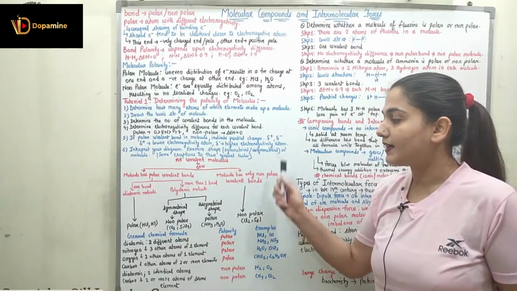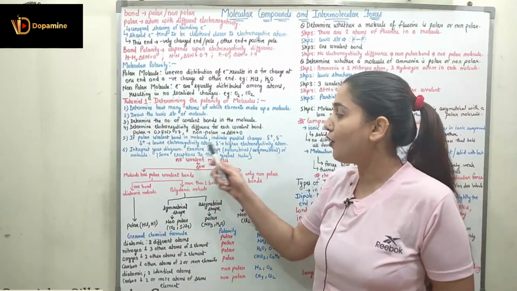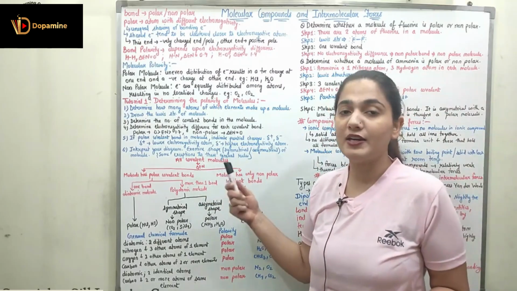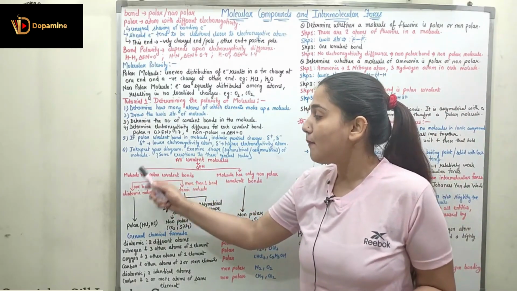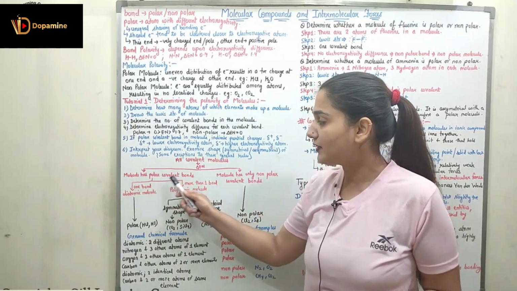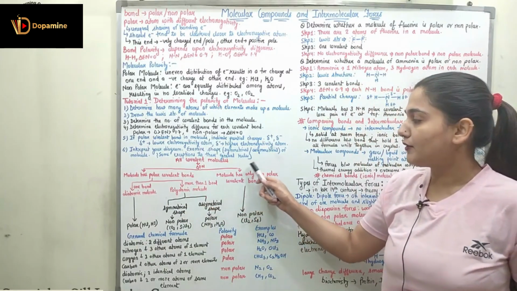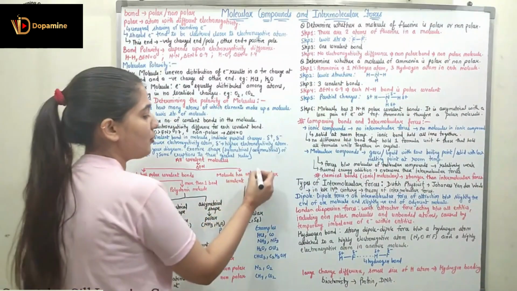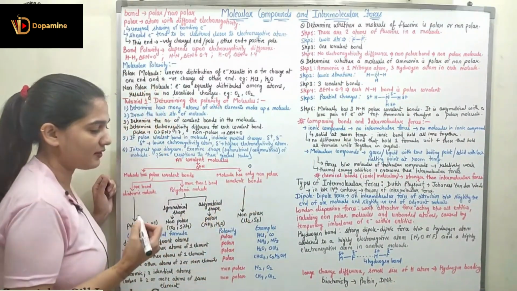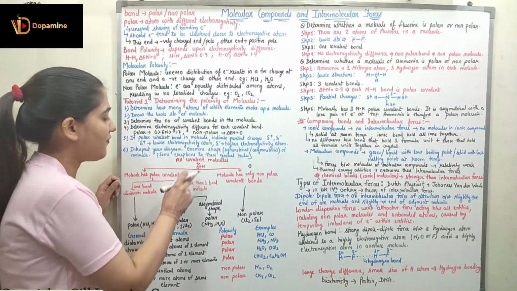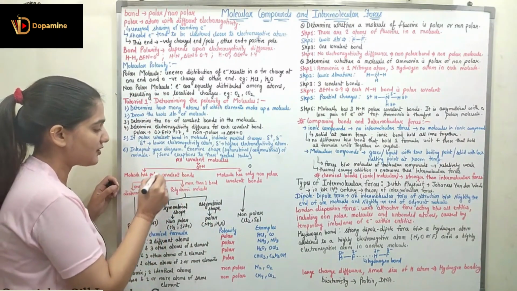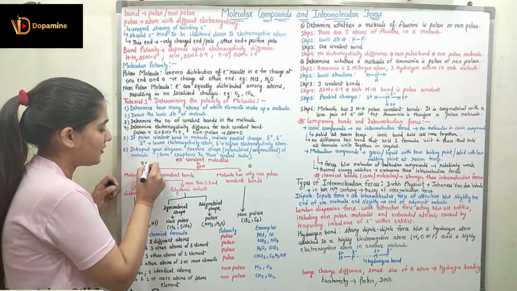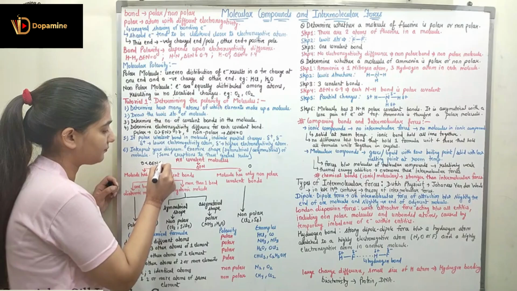Now coming to the diagrammatic representation. So here we have all covalent molecules. Based upon the delta EN, the electronegativity difference, we are going to classify them as molecules having polar covalent bonds and molecules which have only non-polar covalent bonds. The molecule having only non-polar bonds will have an electronegativity difference of 0, and the molecule which has polar covalent bonds will have an electronegativity difference between 0 and 1.7.